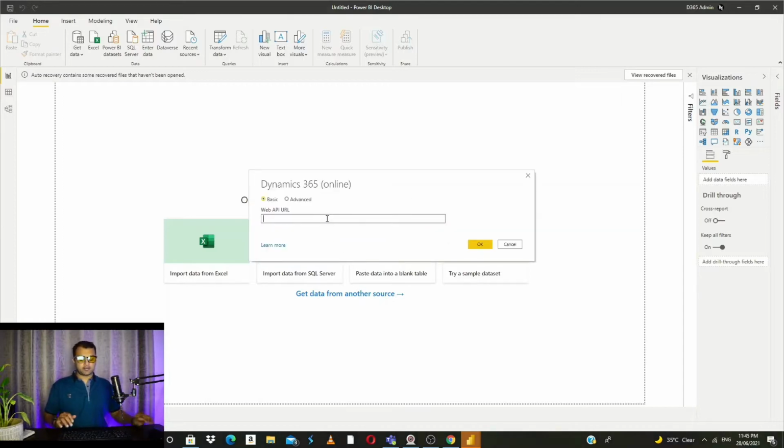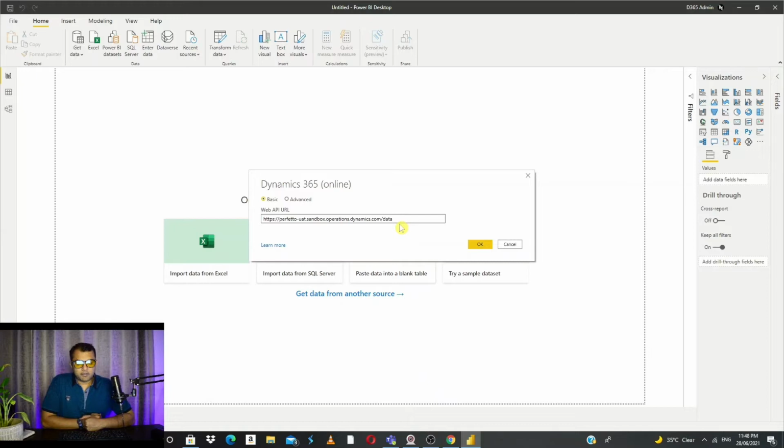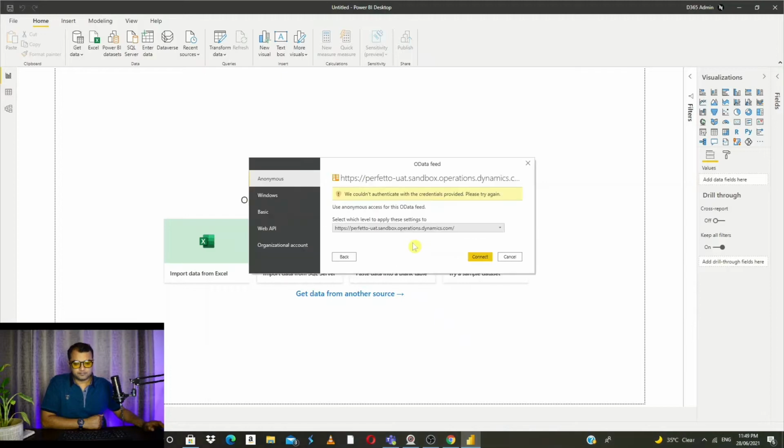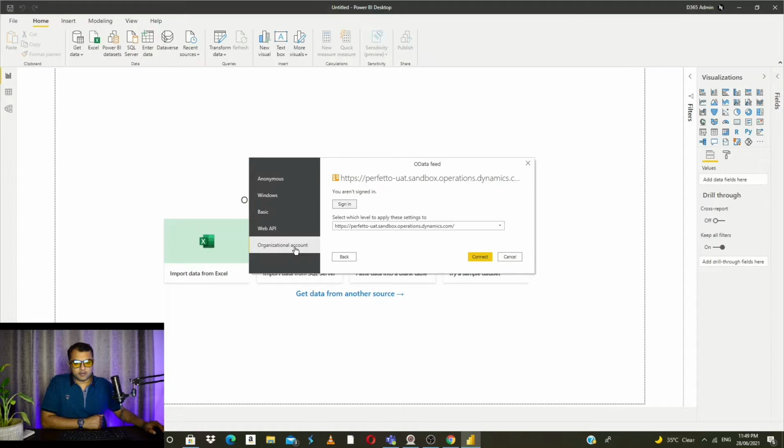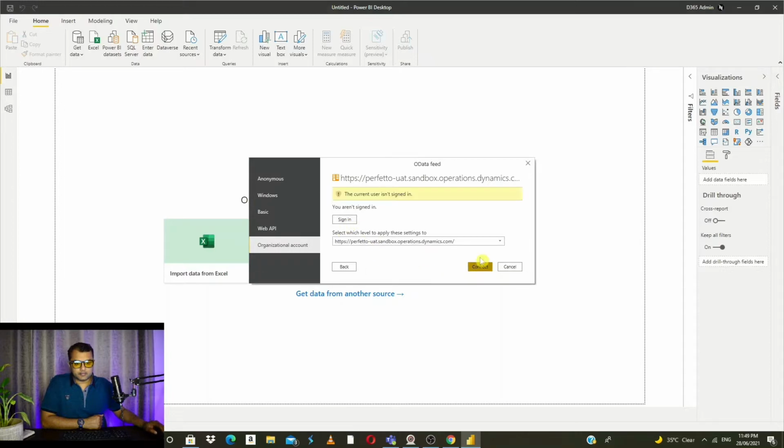and here you can specify your URL for the connection. To connect to our Dynamics Finance and Operations environment, we need to specify our URL followed by slash data and click OK. So here I am going to specify slash data and click on OK.